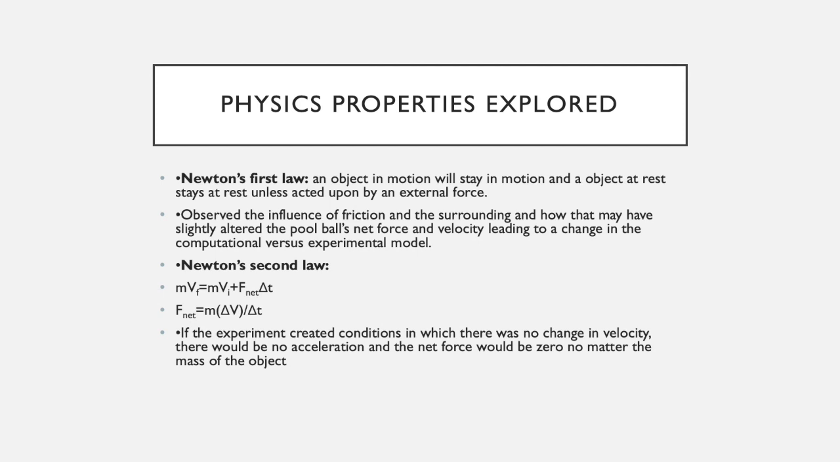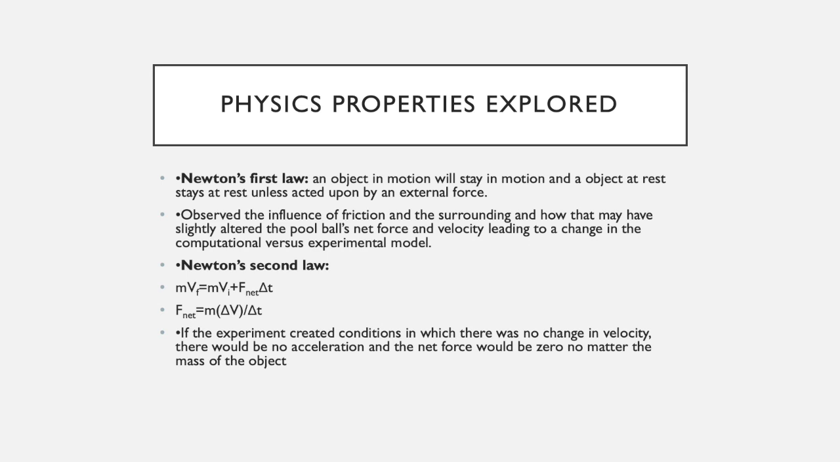The second law states that the mass times the final velocity is equal to the mass times the initial velocity plus the net force times delta t. This equation can be rearranged to say that the force equals mass times acceleration. This principle shows that for an object with an unchanging mass, if its velocity does not change, the object will